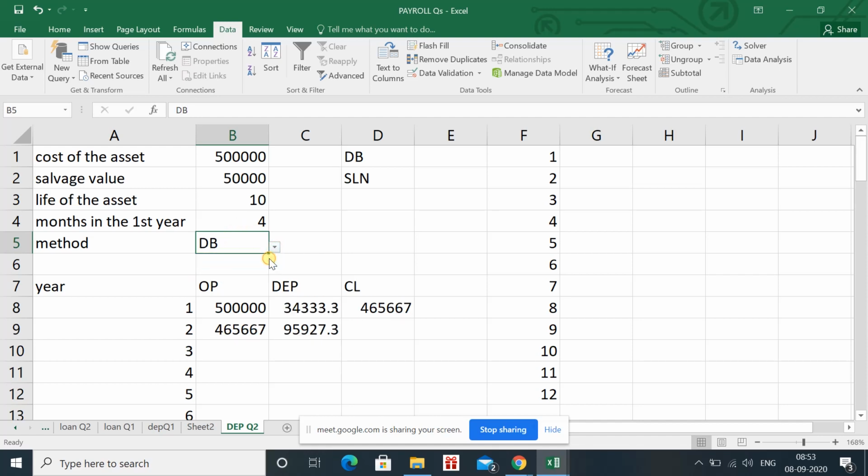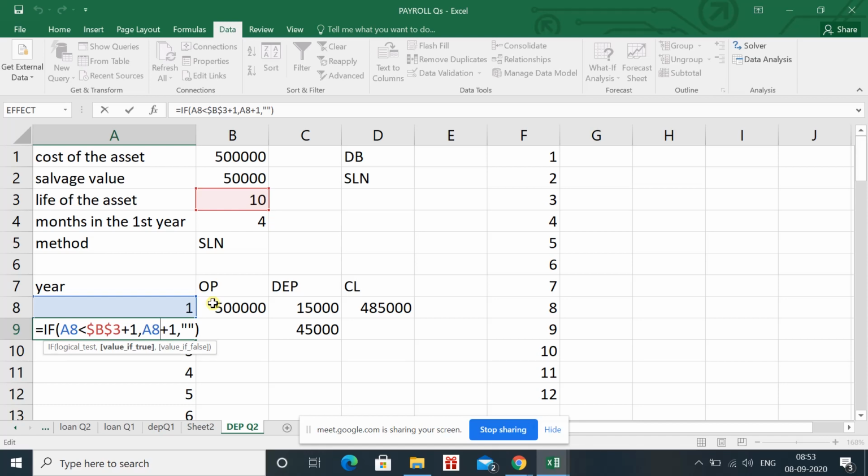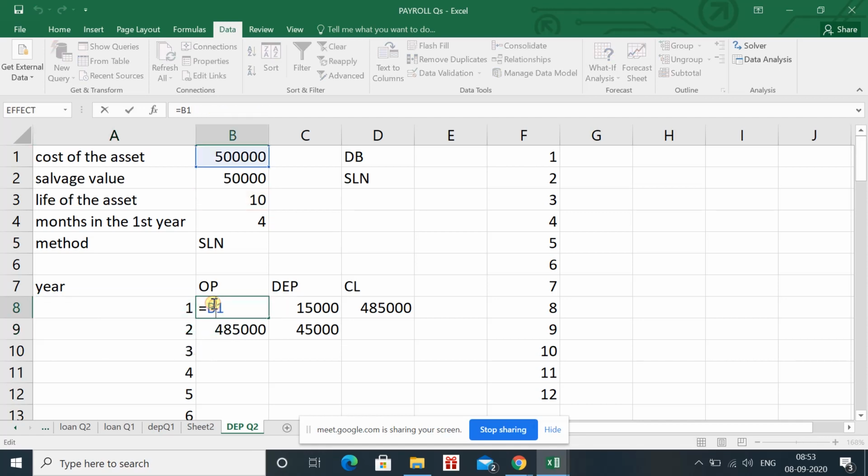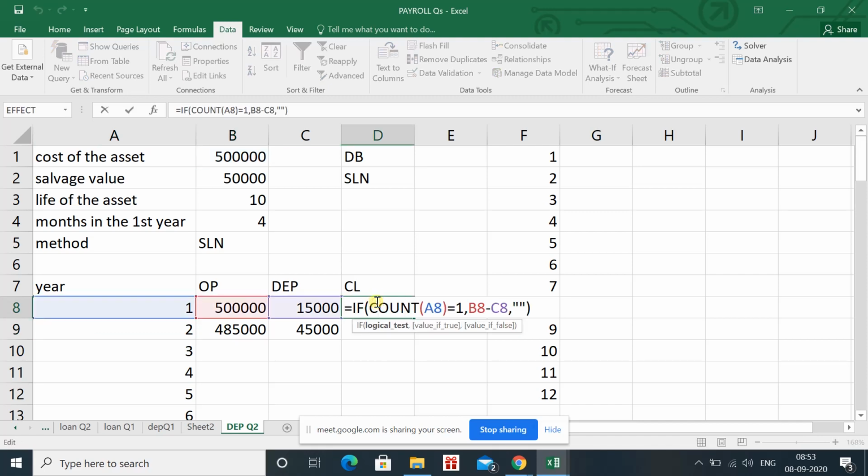So we have to create the 2 drop down boxes, one for the SLN, other one for the straight line. Now we have to connect this question, this question is also connected to the last question of the depreciation which we discussed in our class. So we know that when we are applying the formula, we have discussed in case of payroll, not exactly the last question, that it is related to the last question, means how to apply the formula in case of opening, how to apply the formula in case of closing.